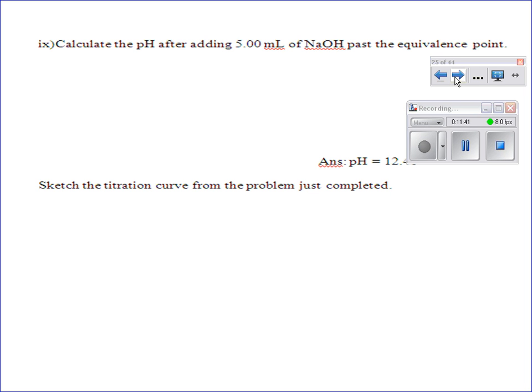Page 13. All right, I found it. Calculate the pH after adding 5 mL of NaOH past the equivalence point. So we have our H+, we have our OH-. Our original moles stays the same. If we're adding 5 mL past, we were at 53.3, right? So 5 mL is